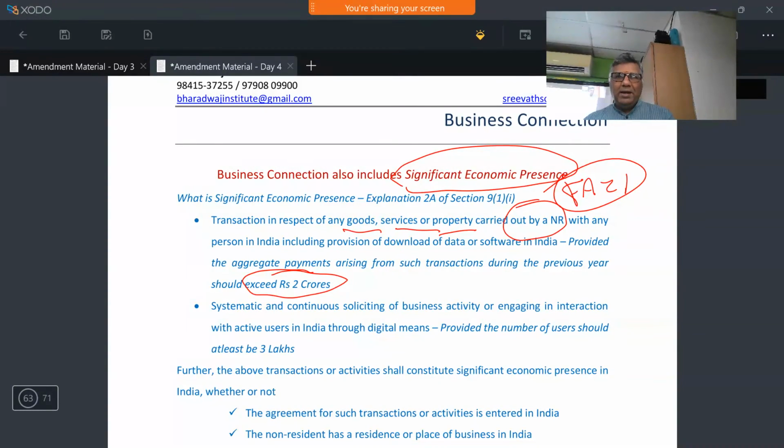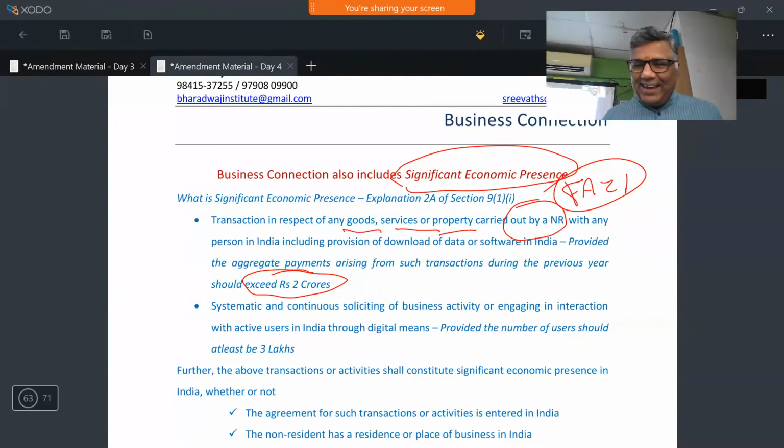So if PE is there, no problem. This is for people who do not have PE in India. You see various companies because of the web. People in India download their software. The one you are seeing on the screen, I downloaded a software, Xodo software. I downloaded, and I'm able to correct in PDF. I'm not paying anything. Pay பண்ணி download பண்ணிருப்பீங்களான்னு கேட்காத.